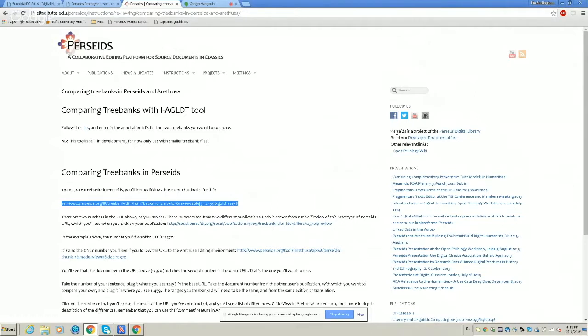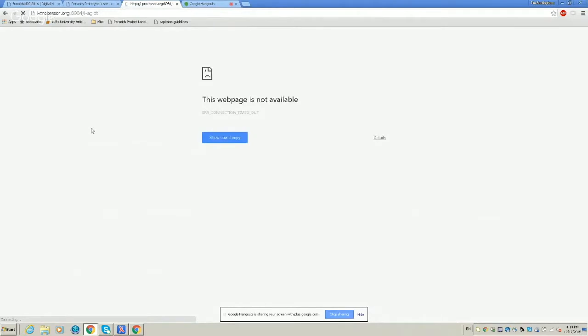There's also a link to a tool designed by Giuseppe right above that. This doesn't create the visual comparison in Arethusa, but it does give you a lot of comparison data, which Giuseppe does. But the visual comparison in Arethusa is often very helpful, particularly since some people haven't been using dependency tags and are really just trying to use